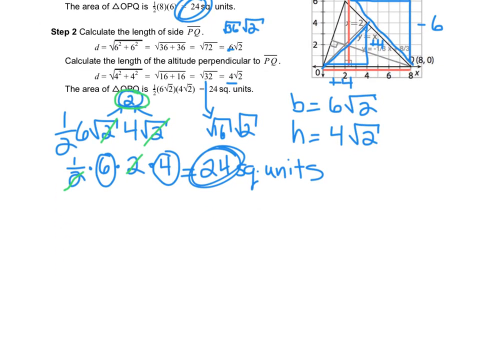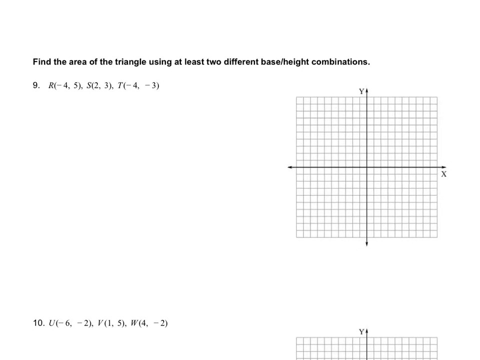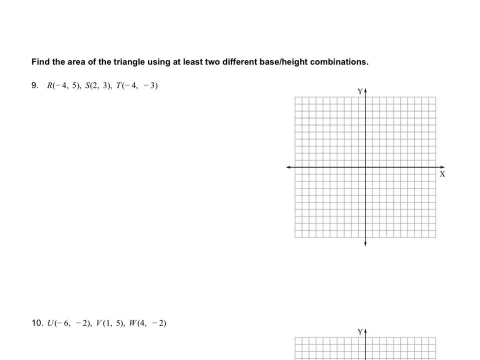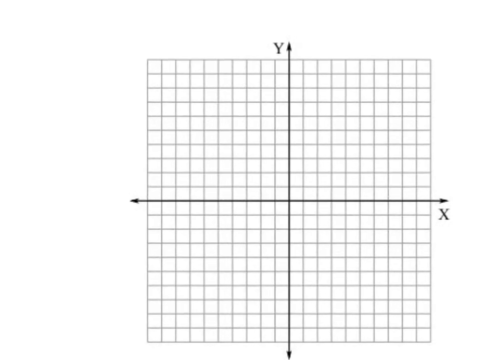Okay, going over to question 9 in our packet here. Find the area of the triangle using at least 2 different base and height combinations. And we're going to plot our points to begin with first. I'm going to do that in black. I'm going to zoom in a little bit here. Let's go ahead and make our graph a little bit easier to find. And our points are,